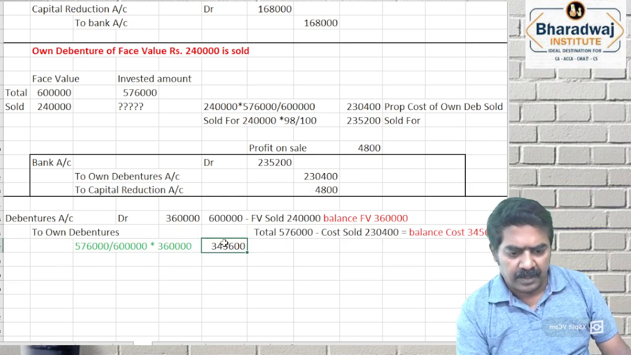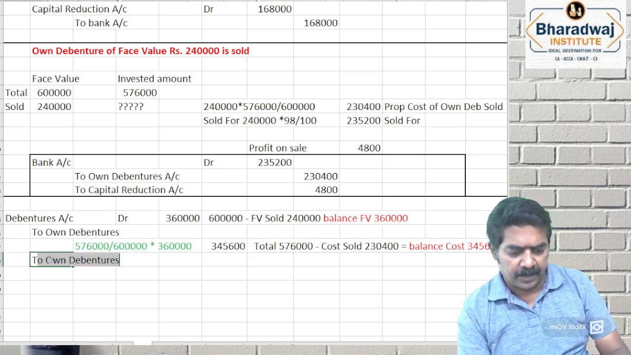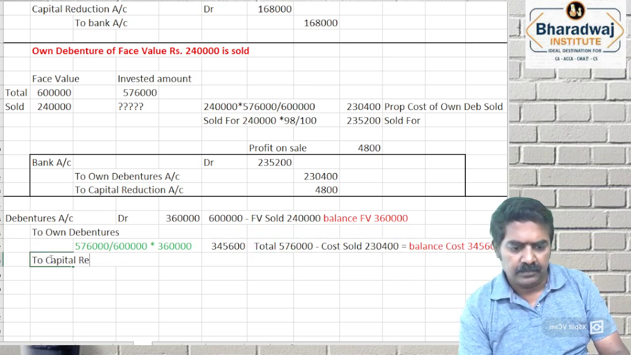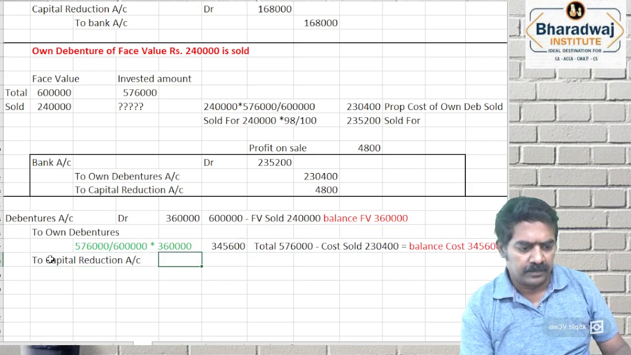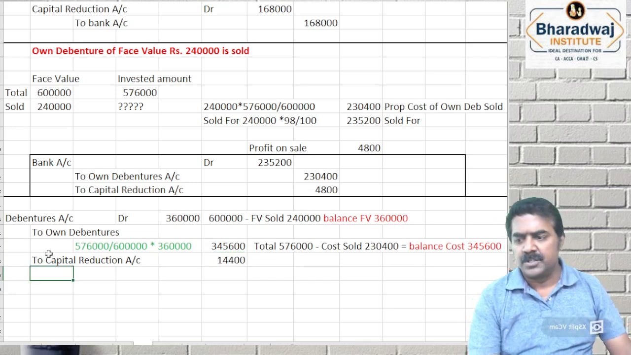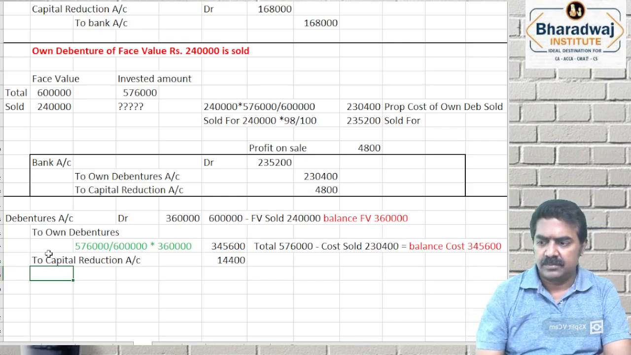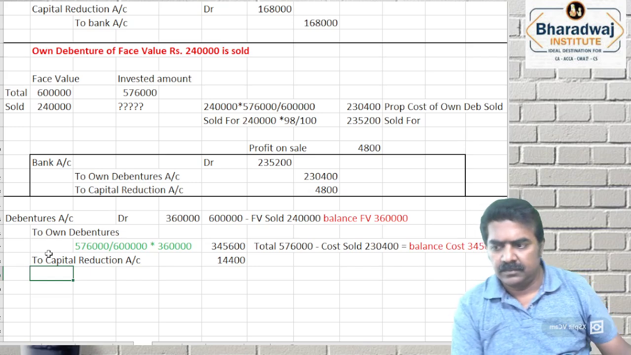Okay, balance will go to which account? To capital deduction. எவ்வளவு இருக்கு? 14,400 will go to which account? Capital reduction account. Next,